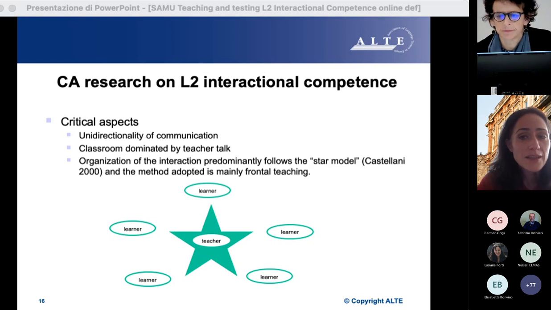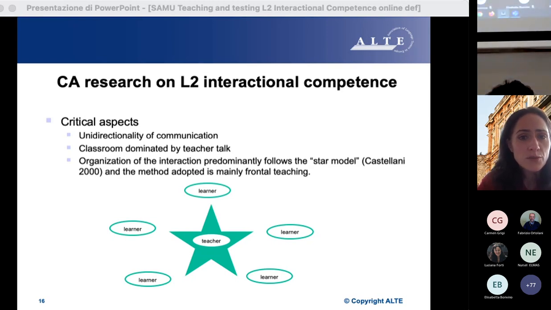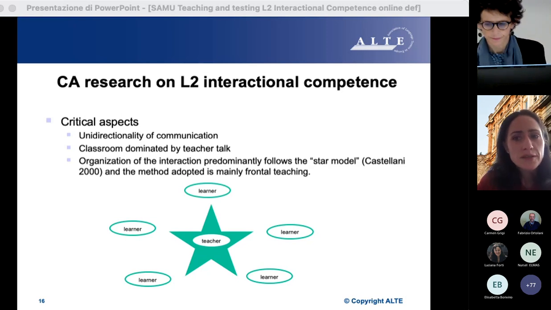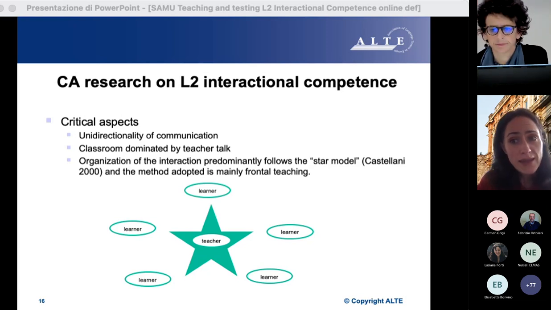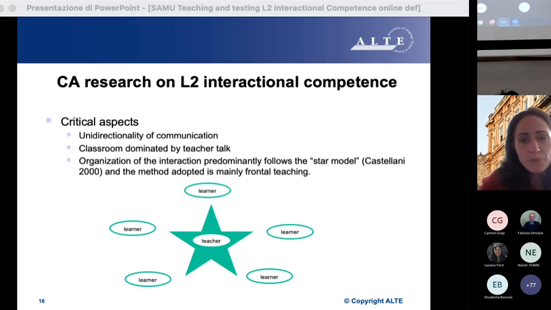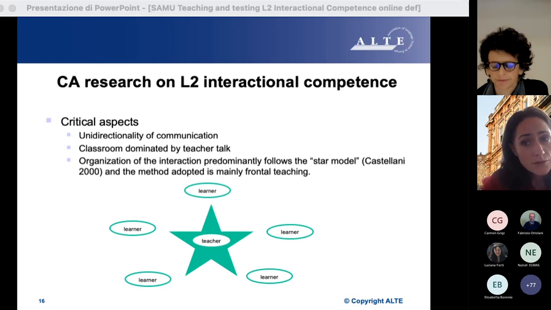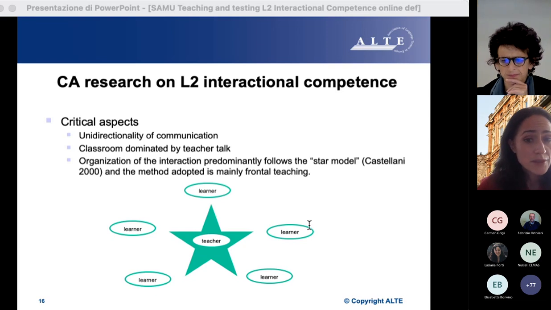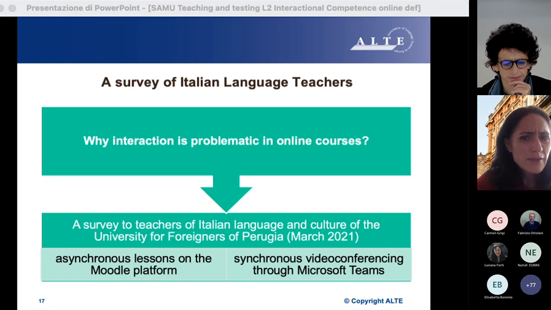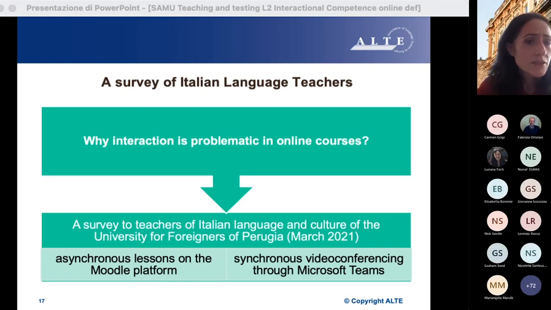We assist to an initial monologue made by the teacher, who introduces the topic and then makes questions to the students, who intervene in a very guided way. As a result, in many lessons, the interactive modalities are partially limited due to the choice of the method made by the teacher. So to better understand why interaction is problematic in synchronous online courses, we administered an additional survey